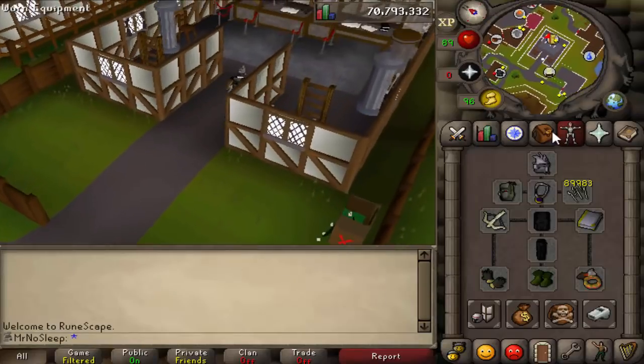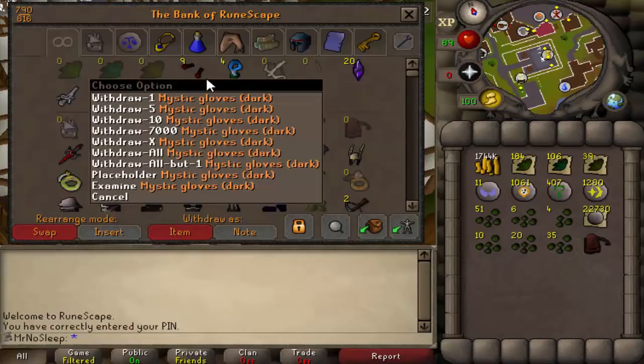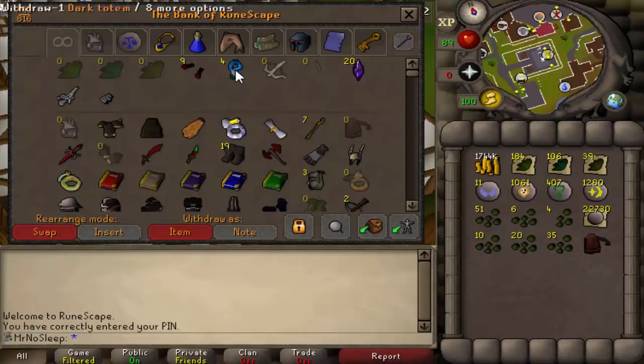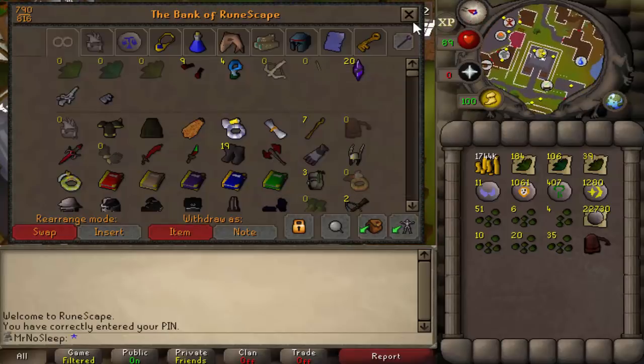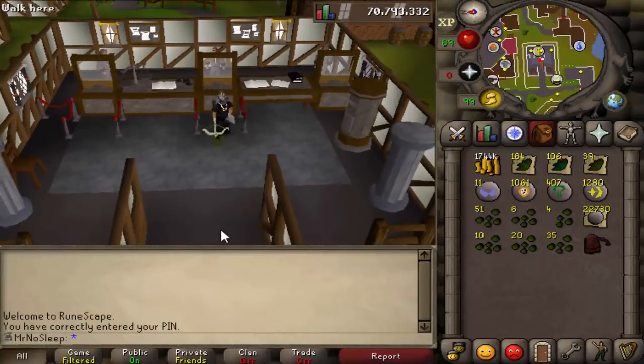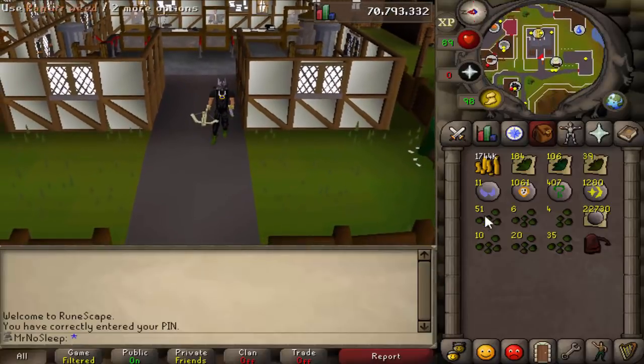And looking into the bank at all of the other untradeable items, we did also manage to get 9 pairs of black mystic gloves as well as 4 full dark totems. So it's also going to lead to a lot of Scotizo kills in the future, as well as 20 ancient shards. So this does benefit you in more ways than one, and I wouldn't just look at the loot here,